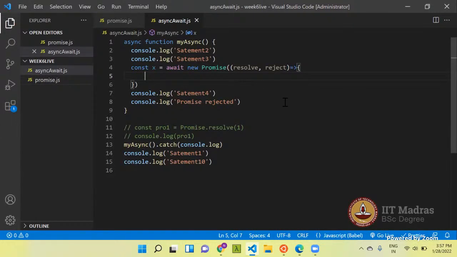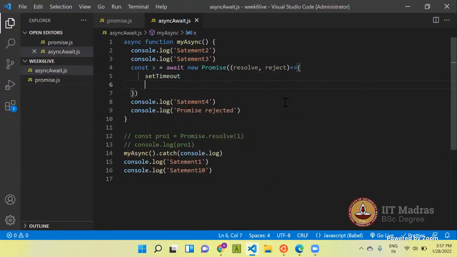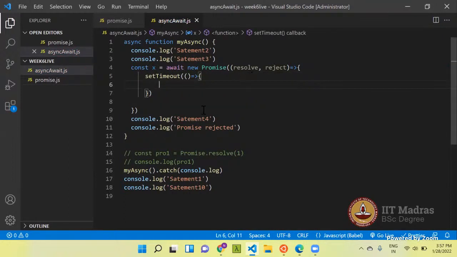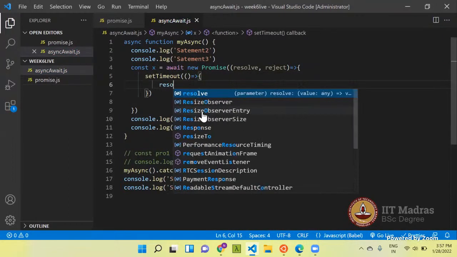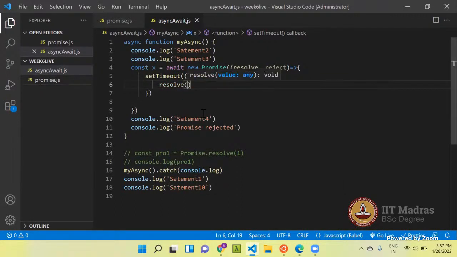Inside that, let's make a setTimeout function, and I will pass a callback function, and in that callback function I will use resolve, and this promise will be resolved with the value promise resolved. Okay, and then I will call this after 2 seconds.